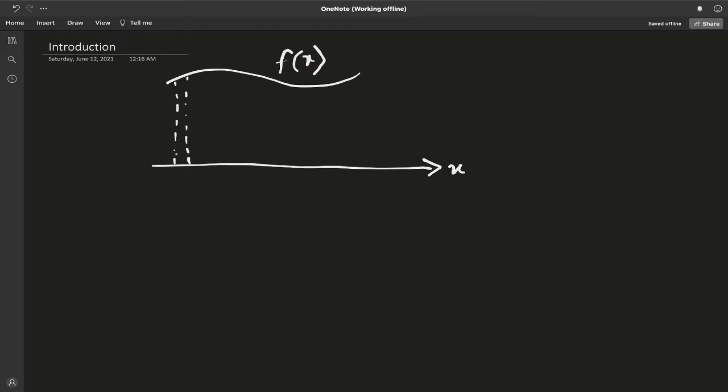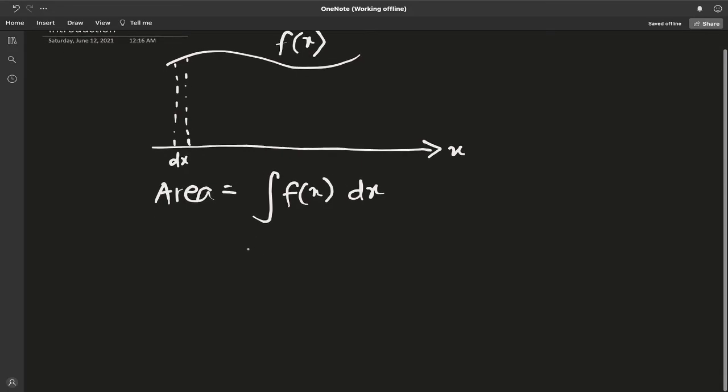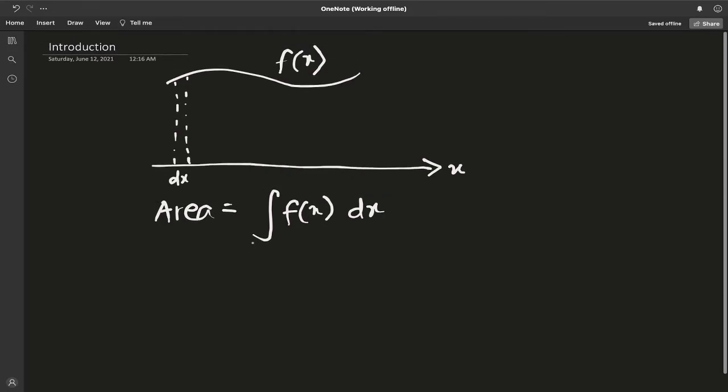So what we did was we took this small infinitesimal segment on the x-axis and integrating f of x dx, we found the area under the curve. Okay, and that was basically this area